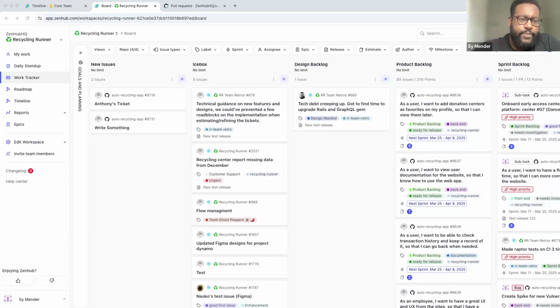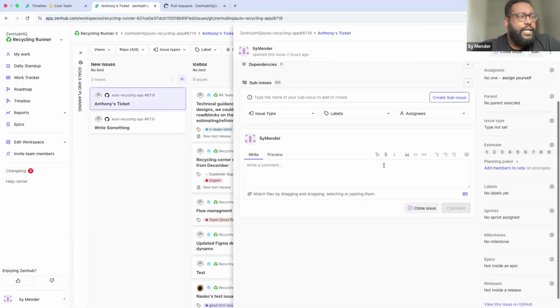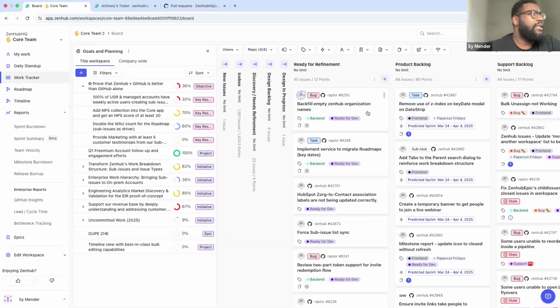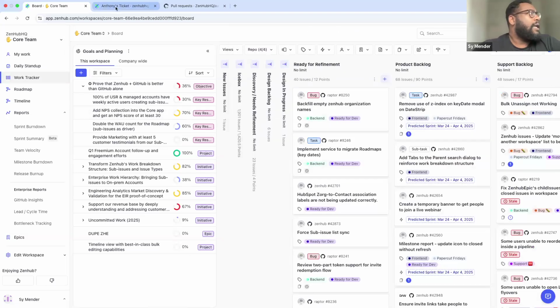Two more questions. Okay, on timelines, is there a feature where we can put target start and end dates for each ticket, similar to a roadmap? I believe that is a change that, if it hasn't already been adopted, will be coming shortly as a result of some of the structural changes that we've made.